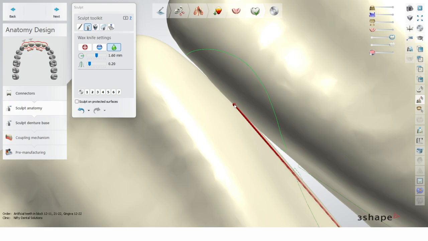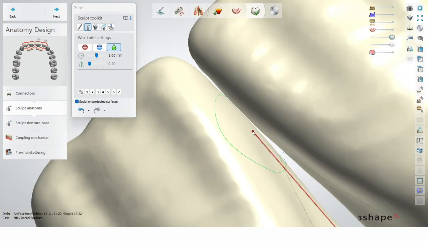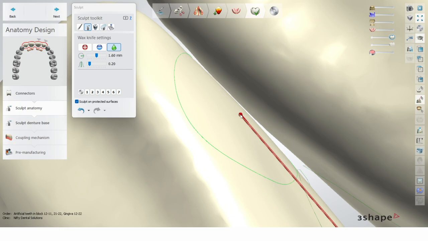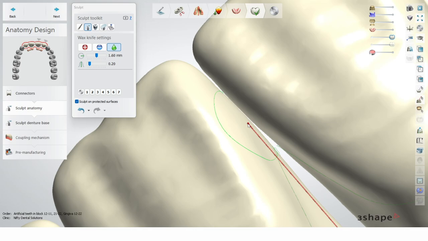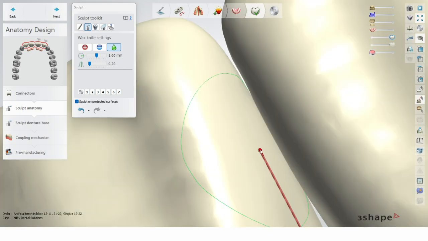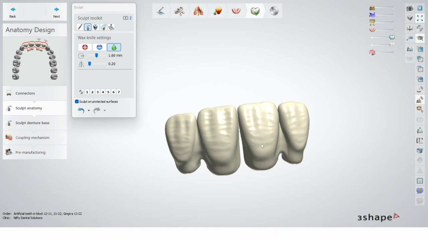And this happens every time. If the teeth are not connected, it will give you the error. So imagine you do only single units. It's going to be a bit messy. But yeah, we have the space, which from a distance is not even visible, so it's not a big problem. And now I can jump back to the coupling mechanism and run the tool.